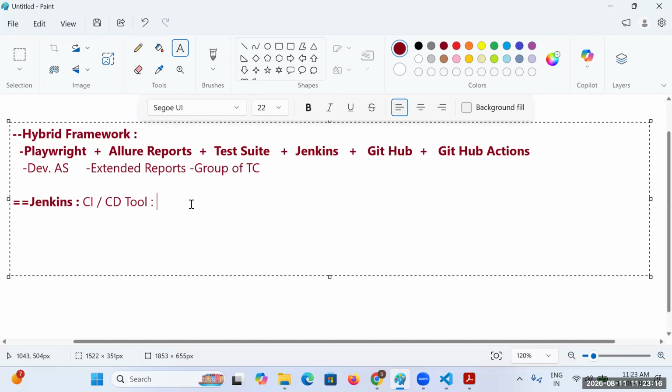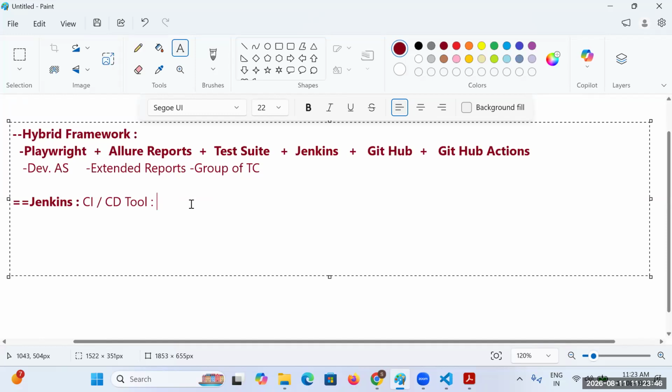While working with automation, the main objective of Jenkins is CI and CD, which is continuous integration or continuous deployment.